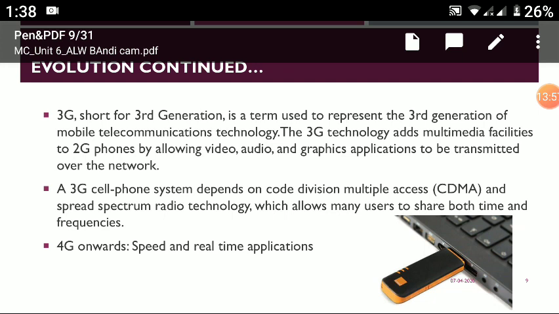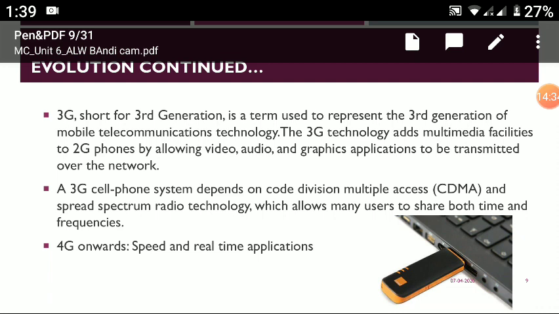Then you can jump to the third generation, 3G. Short for third generation, it is a term used to represent the third generation of mobile telecommunication technology. The 3G technology adds multimedia facilities to 2G phones by allowing video, audio, and graphics applications to be transmitted over the network. So these are the features that have been added in third generation mobile technology over 2G